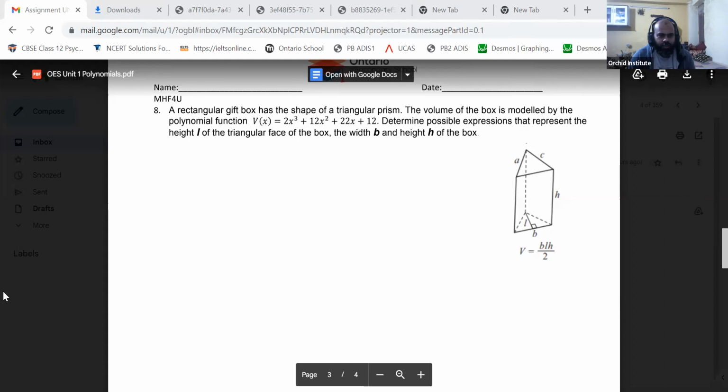So the shape of the revolver is modeled by this polynomial. Determine possible expressions that represent the height, length and width of the box. I think what they are trying to say is that after we have got it like this,